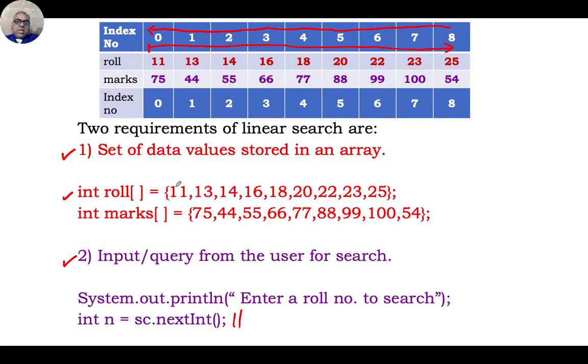It means the reading of the data will be done from one end to another, only in one direction, and then any input value is matched with any cell value. Wherever the match is found, that value is found. You can print the value, you can print the corresponding value, and so on.